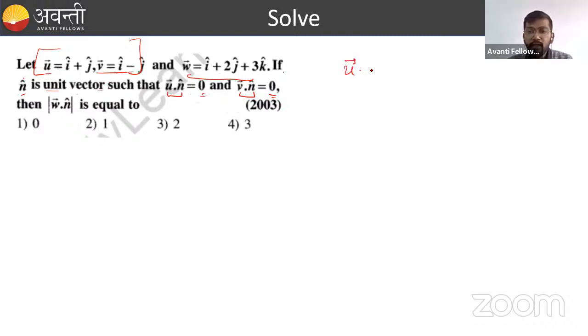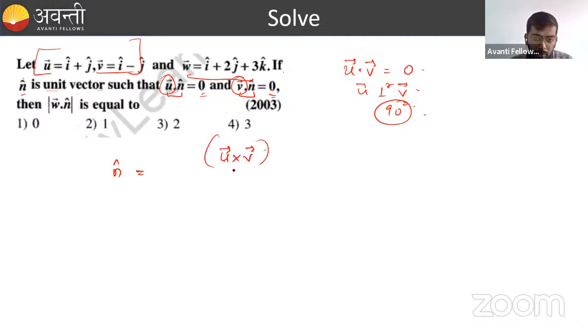First of all, I can see that u bar dot v bar also comes out to be 0. So u bar is perpendicular to v bar, which means the angle between them is 90 degrees. So I can say that n cap is a unit vector which is perpendicular to u bar and v bar. Whenever we have to find a unit vector perpendicular to something, you know that u bar cross v bar